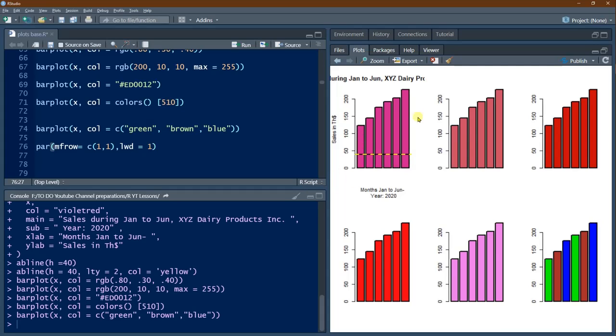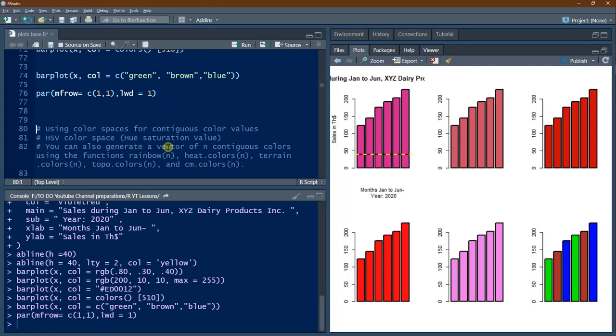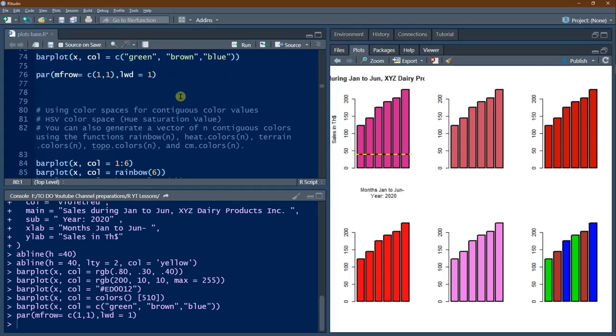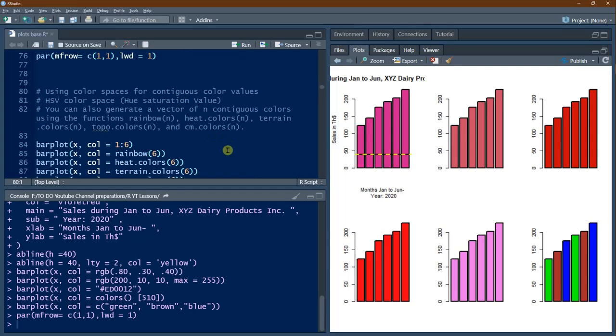Now we have set the graph area as a 2 by 3 matrix, and now we have to restore it, otherwise every graph will be like this. So we will say mfrow c(1,1), that means the entire area is 1 row and 1 column, one single figure, and line width I am going to restore to 1. So we have understood certain aspects of charting and adding parameters, adding colors.